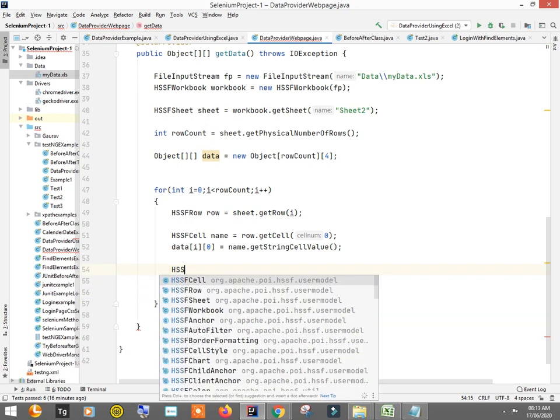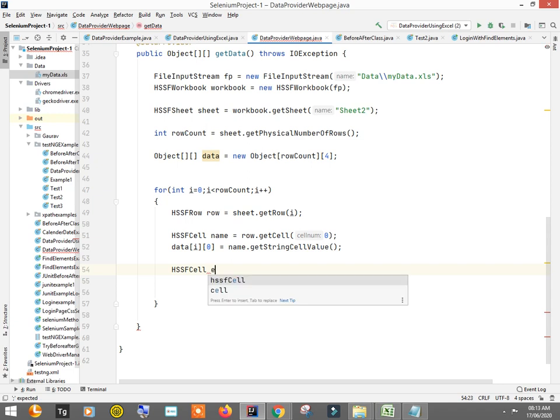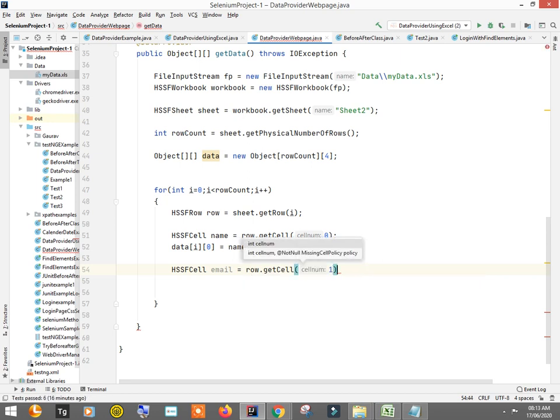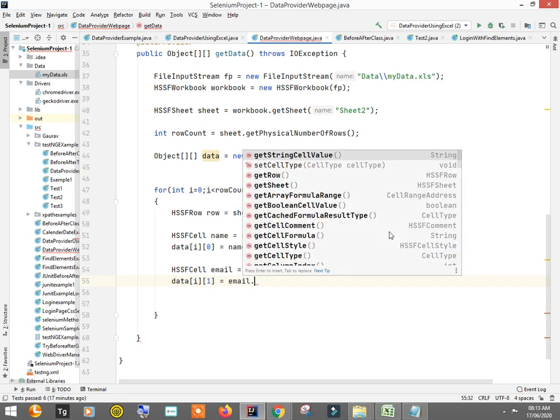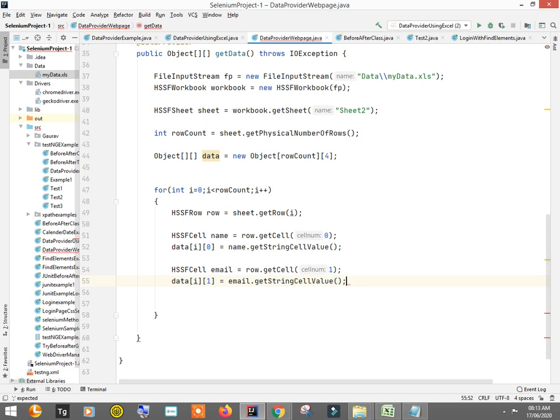So HSSFCell email is equal to row.getCell(1), and data[i][1] is equal to email.getStringCellValue.